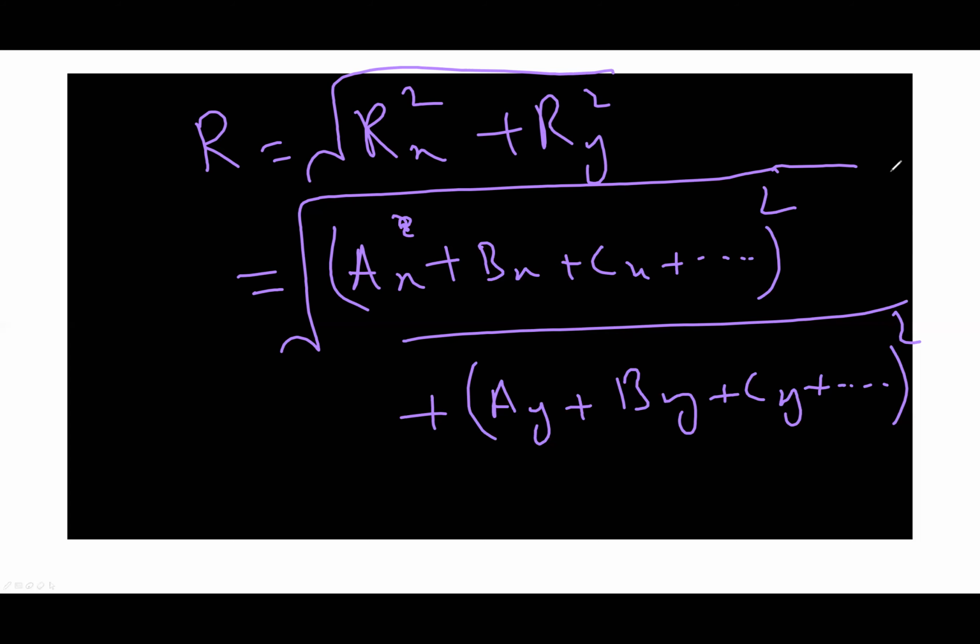So first, in addition of vectors by rectangular components, you will consider two vectors, A and B. Resolve vector A into its rectangular components and vector B into its rectangular components. Draw a parallel line to vector B and then obtain its horizontal component. Join the tail of the first vector to the head of the second vector. You will get the resultant vector. First we have written the relation for two vectors, then we have generalized the relation.